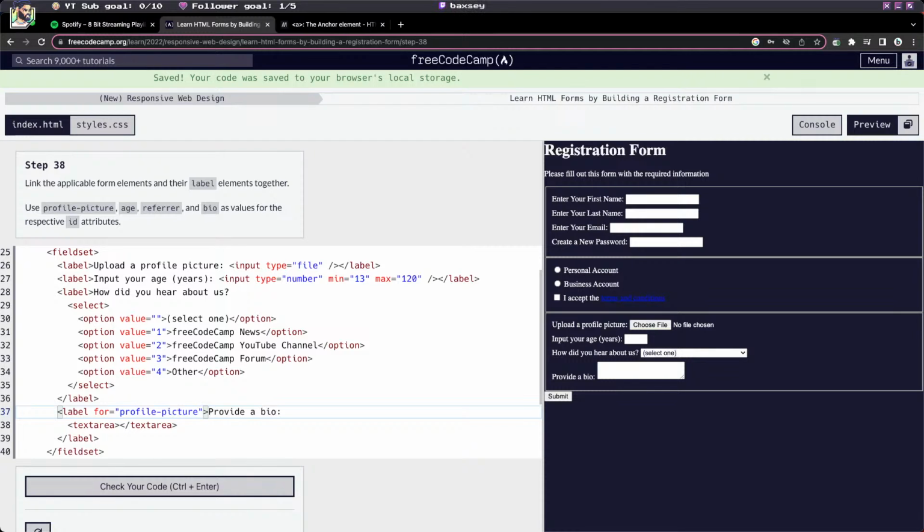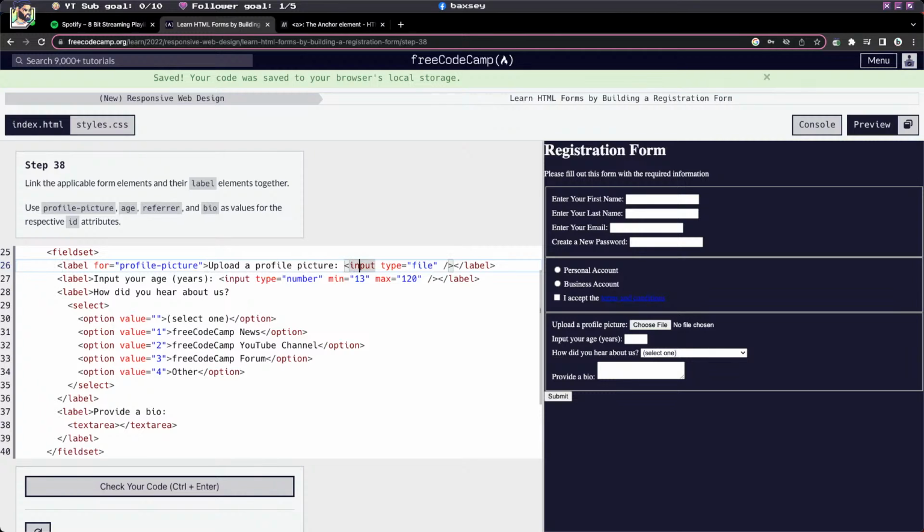Wait. Oh, that's the form. Never mind. So it's this one. So it's here. For equals profile picture,